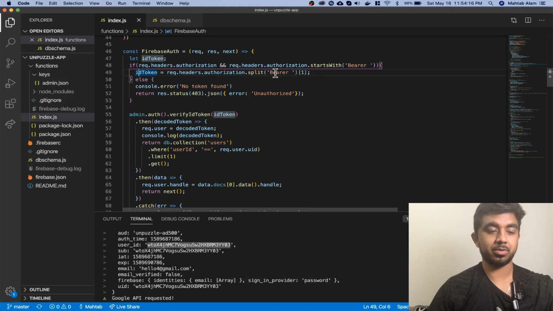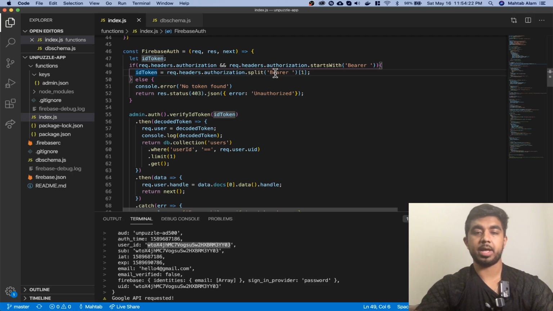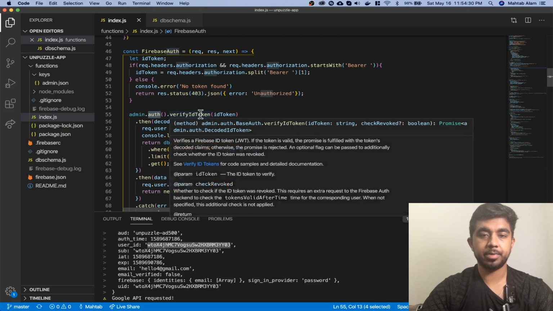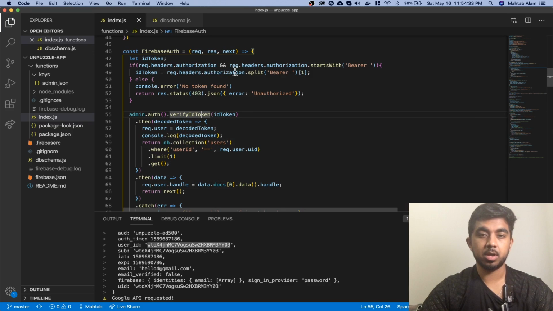That's the main thing. So in order to work on that aspect, we end up doing admin.auth verify ID token. We have to verify the ID token that we just got from the request, and that's what we pass. We pass the ID token, and then once we pass it, admin.auth verify ID token gives us a promise, which is the decoded token from